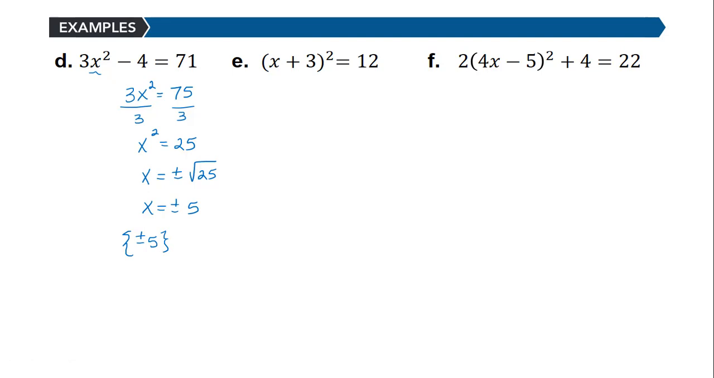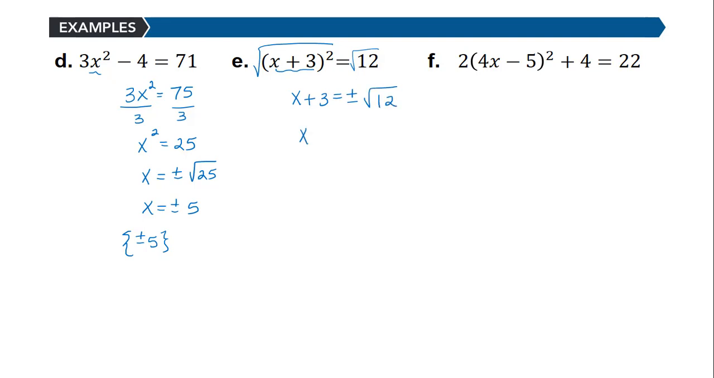Part E is a quantity x plus 3 squared equals 12. So even though this is not just a single variable, it is something squared equals a number, so I can still apply the property. It's almost like I'm taking the square root of each side, but I have to be careful to say that that gives me that x plus 3 is equal to plus or minus the square root